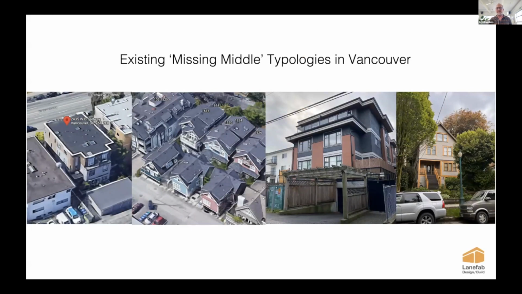In Vancouver, we have a lot of existing missing middle typologies, but just clustered in those little blue zones. So we've got what I call the house and laneway house on steroids, split into two buildings but apartment density. We've got stacked townhouses. We've got apartment buildings with underground parkades. We've got all this kind of stuff.